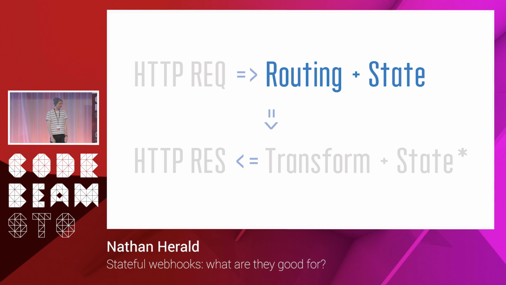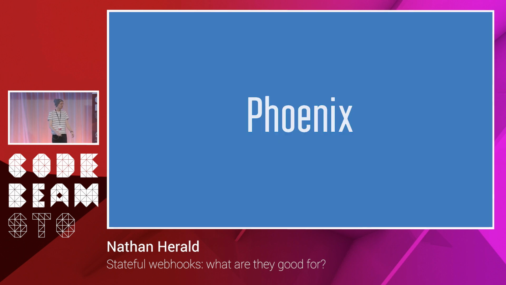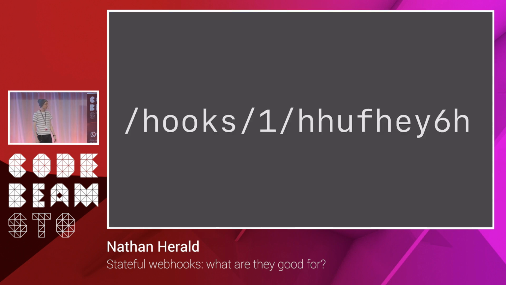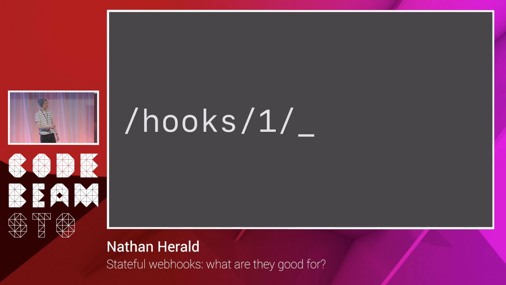So the other thing we have to do is routing, right? So we've got the transformers down. We can run JavaScript. I could send that JavaScript the request that came in and the previous state. What are you going to do with it? But how do I route? Easy, right? Phoenix, right? Just HTTP, we're done. So I just decided the URL segment will just be the process ID. It's just a binary, and so I can use it for that. So this is the path, right? And this part of the path is the process ID, and you can just make it up. You could just type in whatever you want. And I have this idea that if you wanted to do a stateless webhook call, you could use the underscore, because I don't know, maybe that's good.